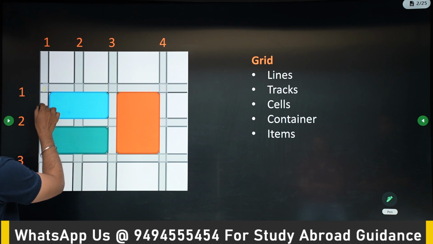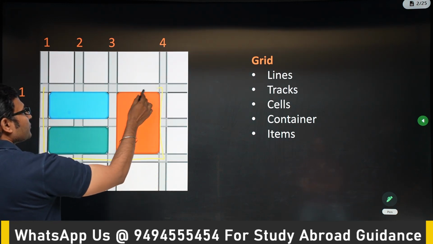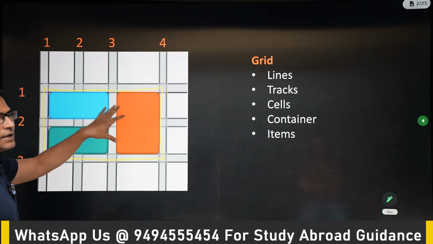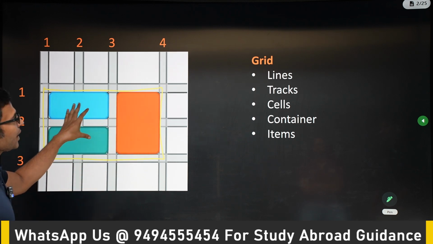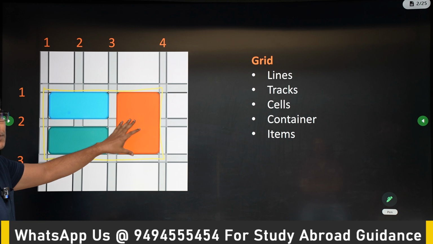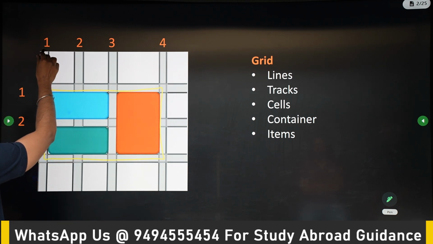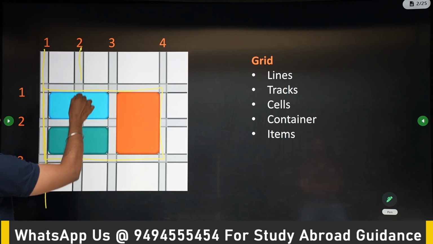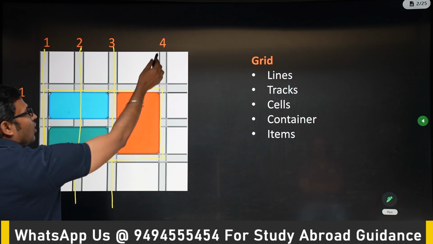So assume that this part is the grid. Okay, so this part is where the container is present. This is called the grid container, and we have some items here. These are called grid items. Now one thing you can observe here is there are lines. Okay, so all these lines, these are called as